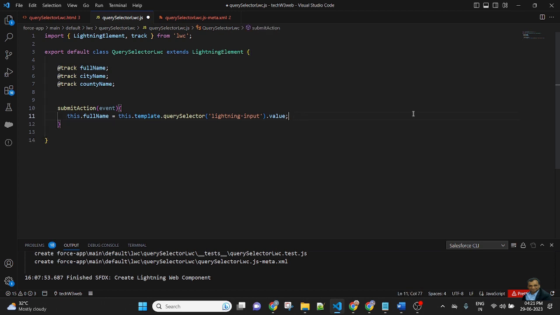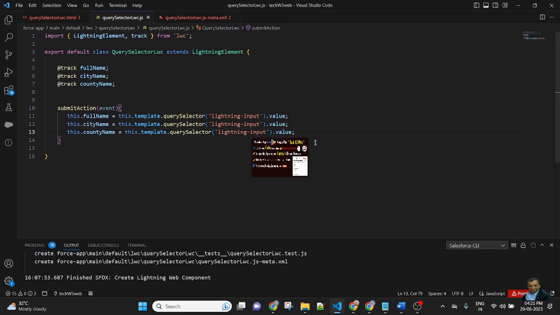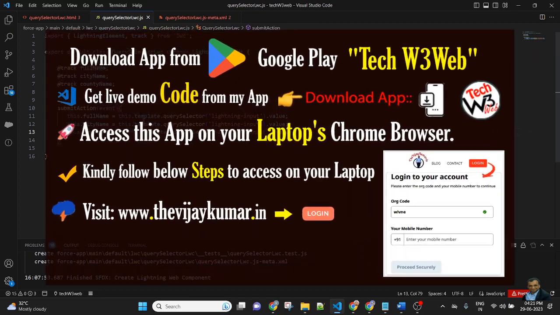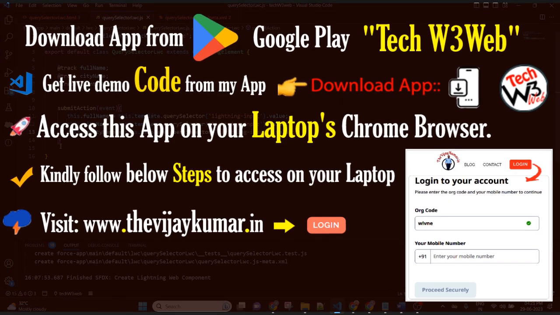Same, copy this line and paste it for city name and country name. So here I am storing the input field values using the query selector.